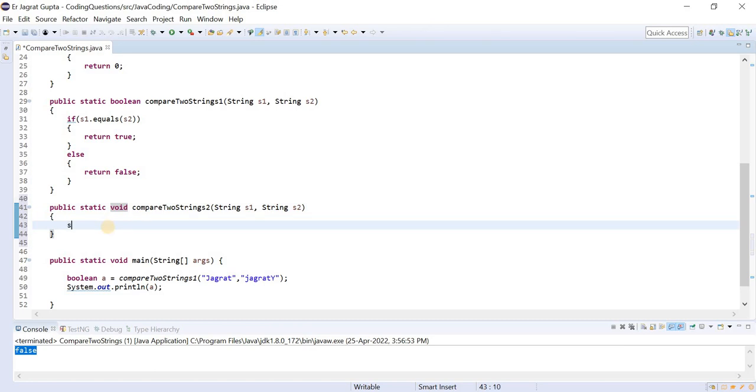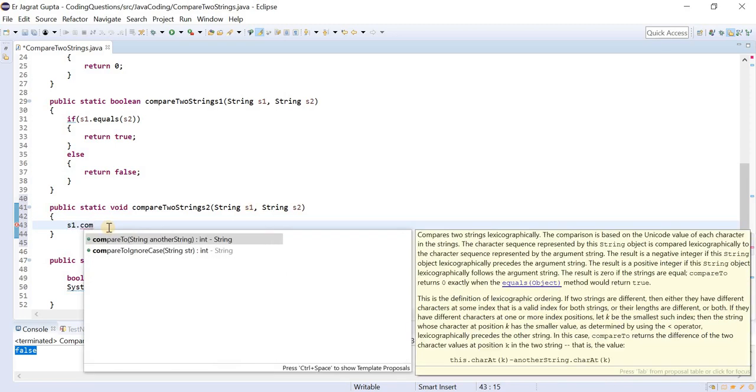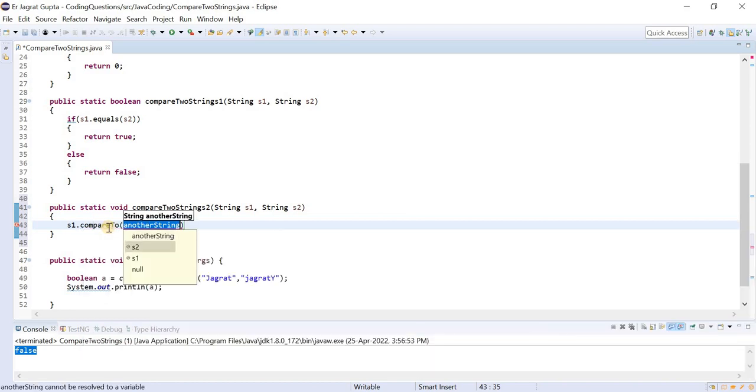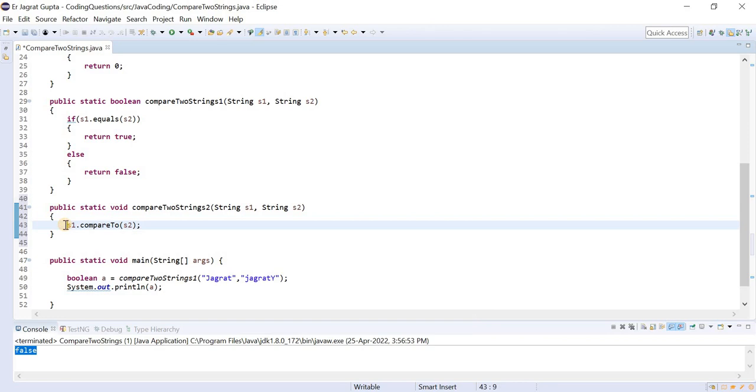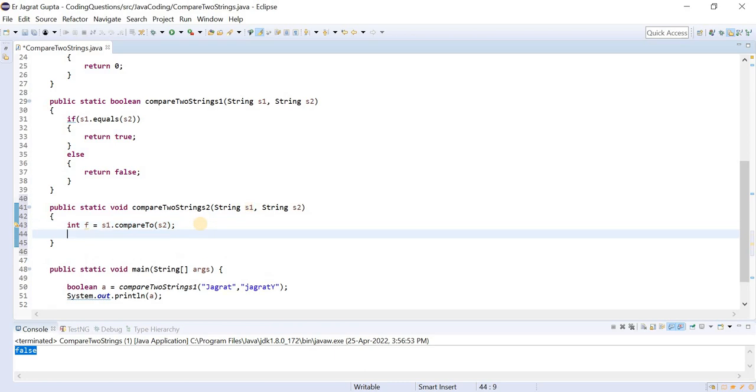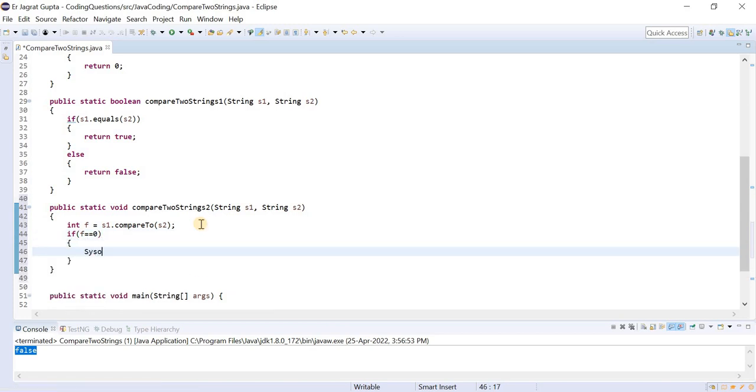Okay, so if we write like this, s1.compareTo, you can see that it is asking for another string. So what will be our other string? That is s2, and it is returning an integer. Okay, so int, let us suppose f. So what logic we can apply: if f is equal to 0, it means strings are equal.